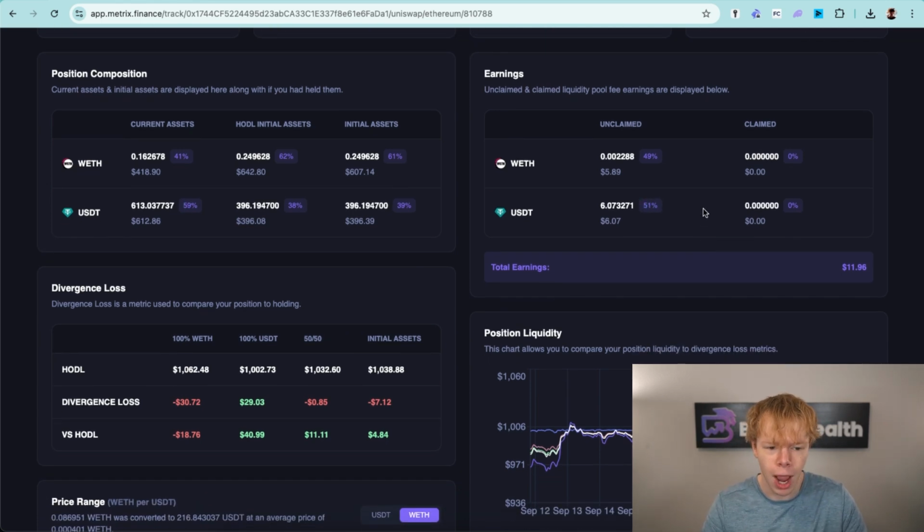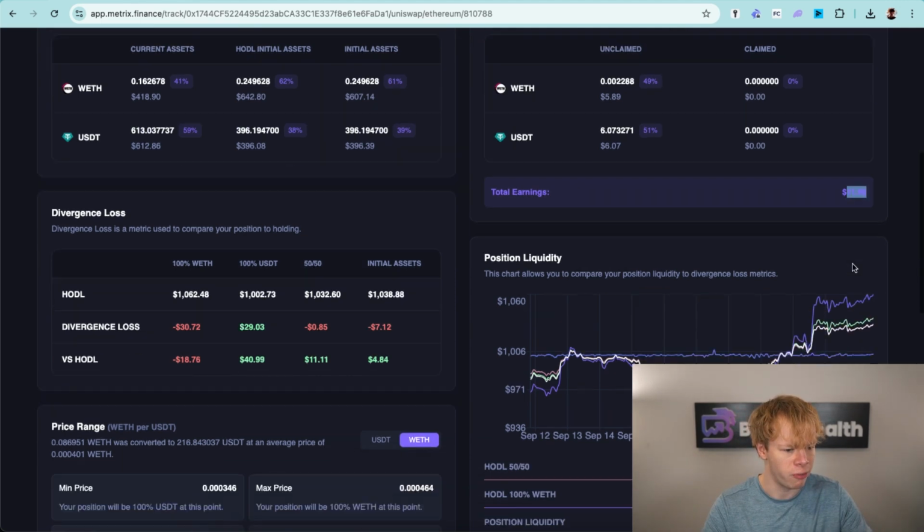And when I say a little bit more, I mean we have 51% USDT in fees, 49% ETH in fees. That tells us that a little bit more USDT was swapped for ETH as opposed to ETH being swapped for USDT. Now, I haven't claimed any of those earnings quite yet because it's literally only $12 and this was just